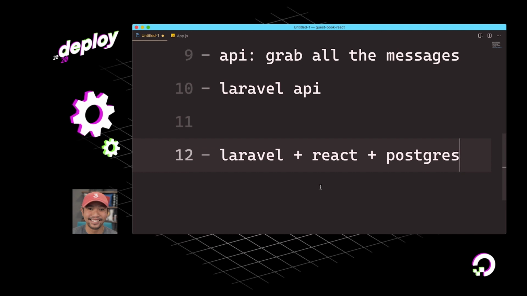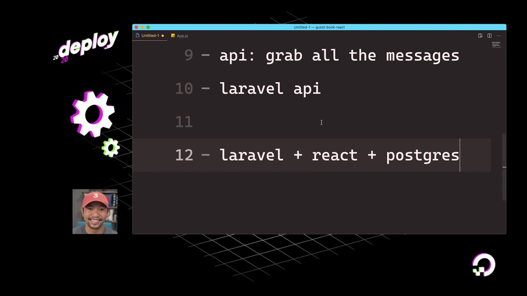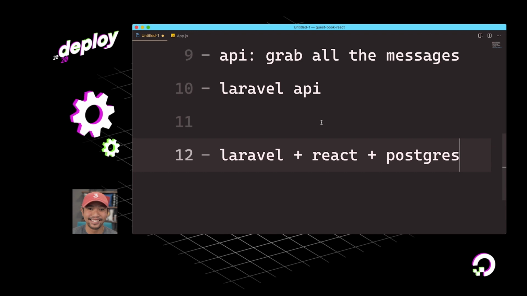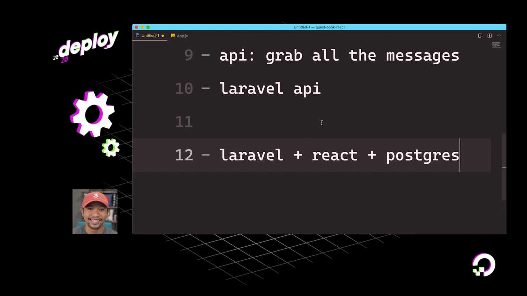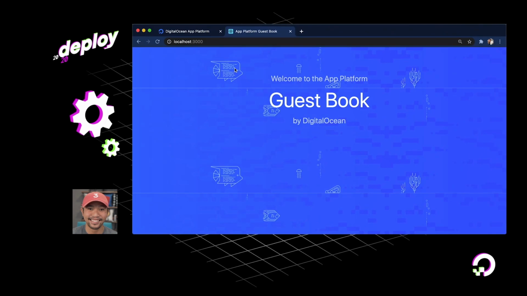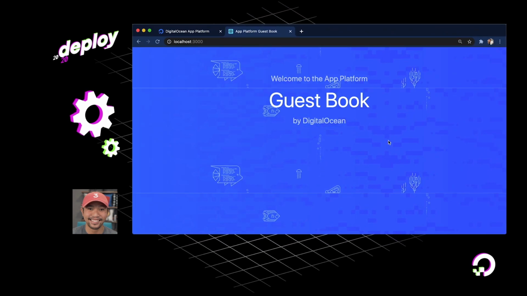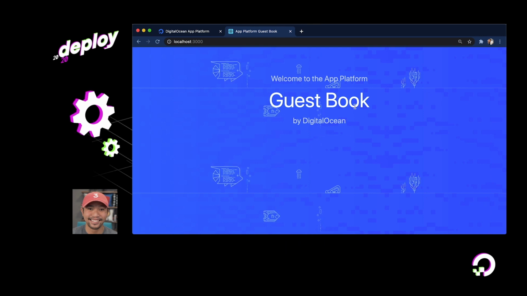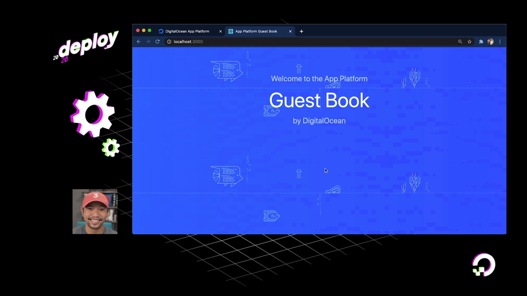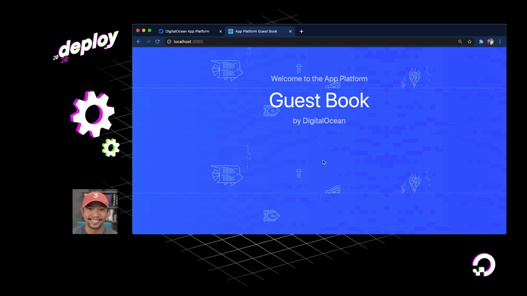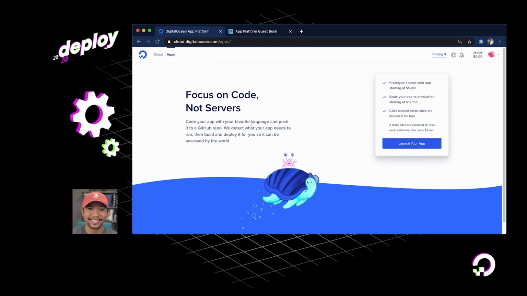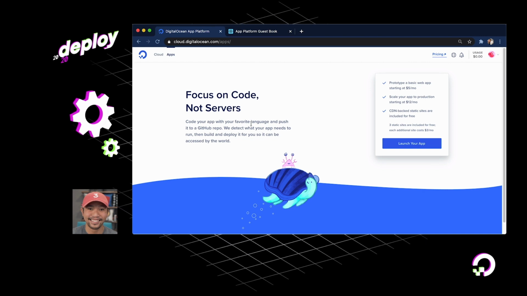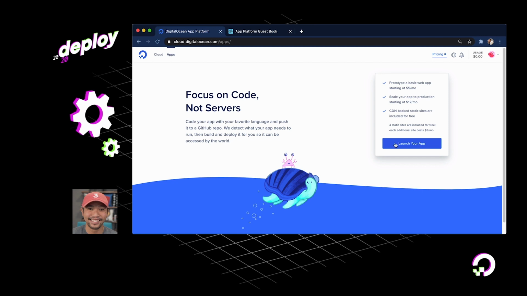So to start us off, I already have a repo called Guest Book React. I kind of want to deploy that. I really like starting with the deploy just so I can see something online and have a quick win. So if I go over to my Chrome over here, here's the app that we'll be deploying. Welcome to App Platform, Guestbook by DigitalOcean. And this is just a React app, nothing fancy, no CRUD or APIs involved yet. So here in App Platform, which is DigitalOcean's platform as a service that lets us deploy applications from a GitHub repo, let's get started. We'll launch our app.